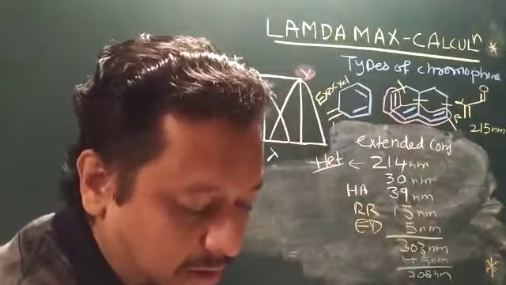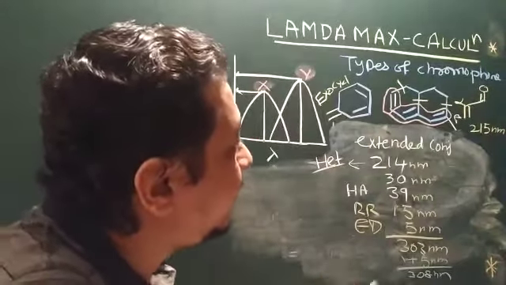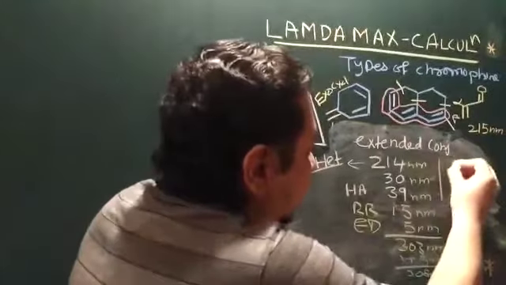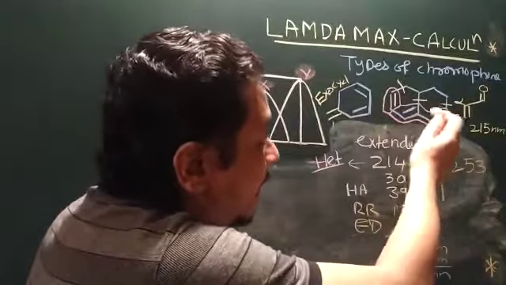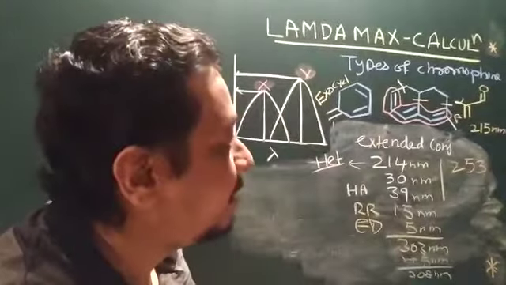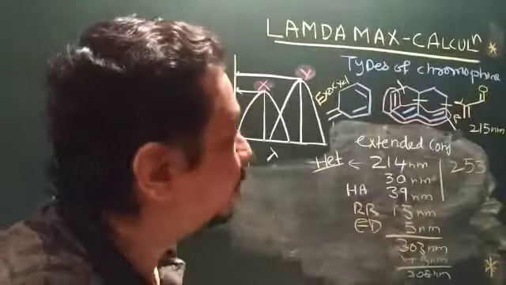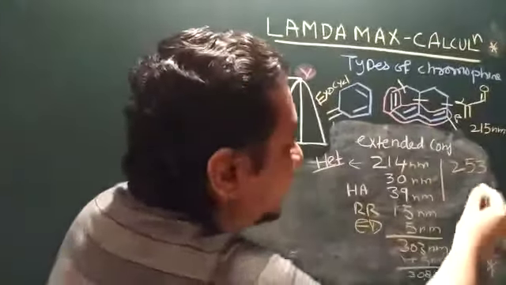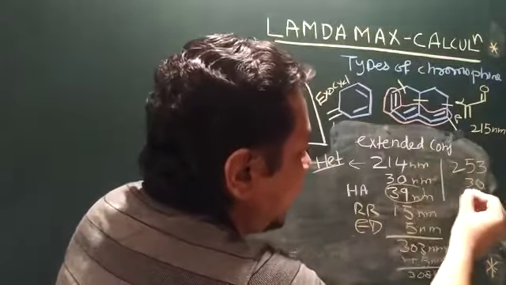Okay, so this is the first case to understand by taking heteroannular diene. Now if I take homoannular diene, what will be my basic value? 253. Okay, so I just compare. If you go for homoannular, I have taken 253. Now I will be adding only the extension of conjugation. I will not be adding the homoannular value over here, because this double bond is in no way homoannular to these two. So that's why 253 plus I am adding 30, without the 39.